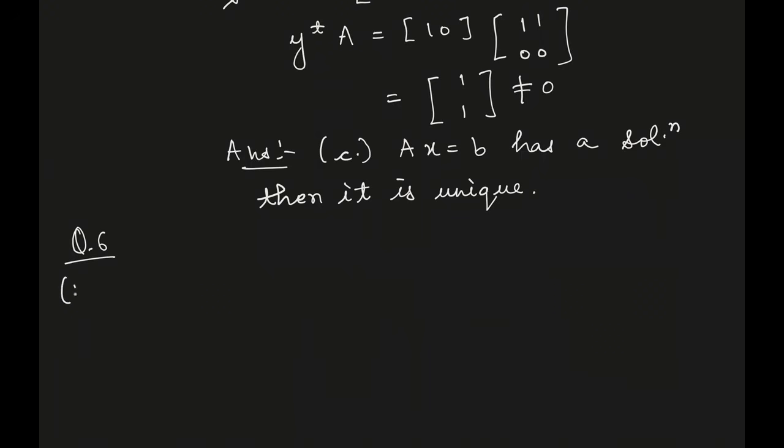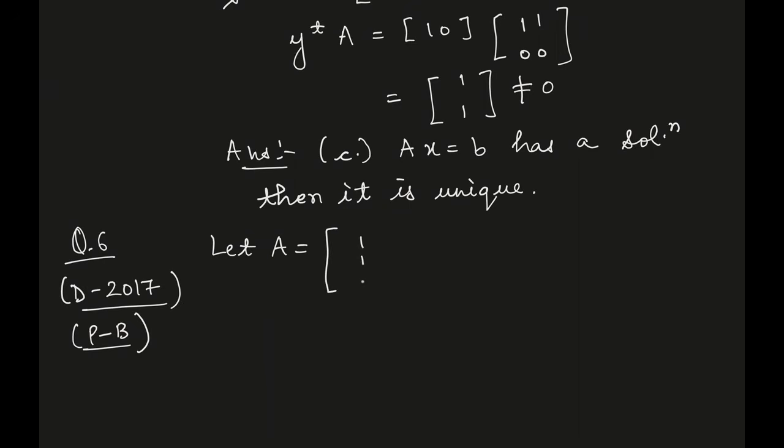Now this question was from December 2017 exam. Again part B problem. Let A equal to [1 1 2; -1 1 3; 1 1 alpha] and B equal to [1 3 beta],